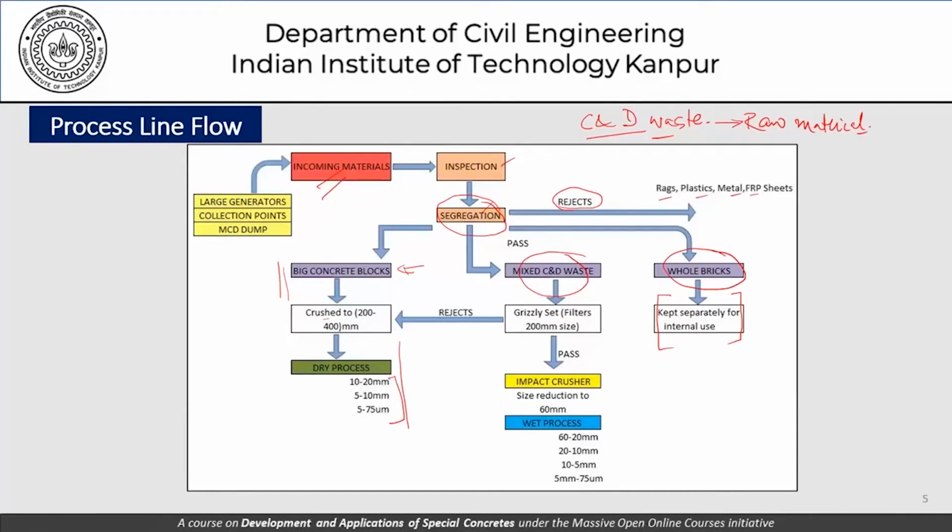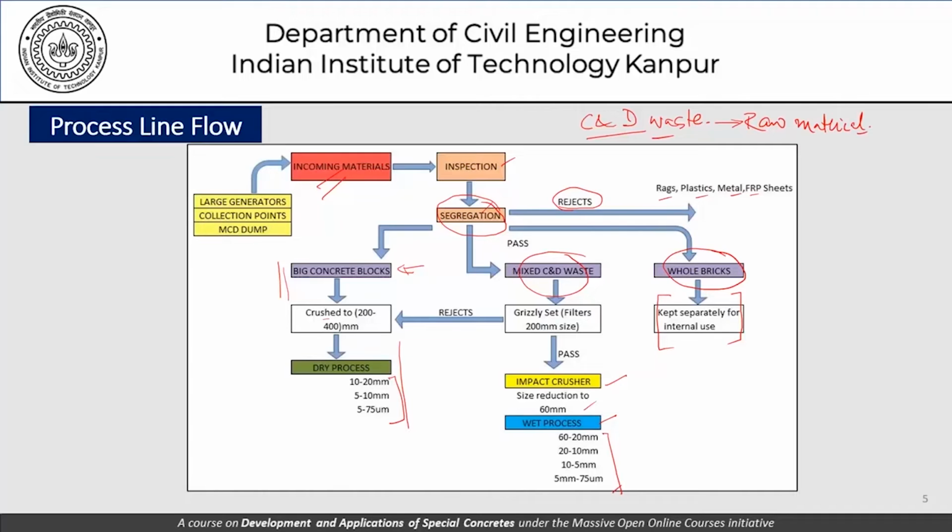If it is less than 200 mm, then you go to an impact crusher, reduce it to about 60 mm, and then use a wet process again to create aggregates and sand kind of material out of the C&D waste that we have. So there are different ways of doing it, but this basically outlines the steps that are involved